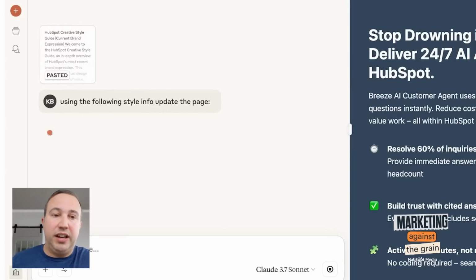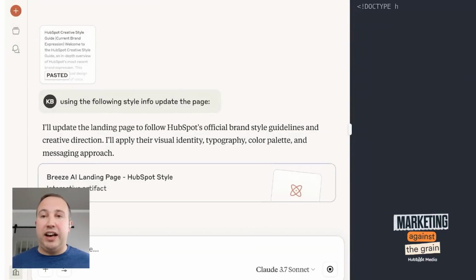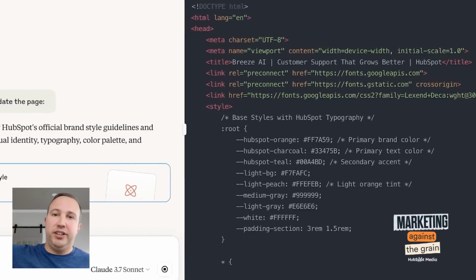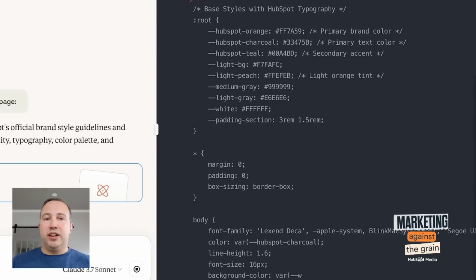And it's going to take all of the style info that, again, could be any company, because I didn't use any proprietary information from HubSpot. I did a deep research project to collect all of this. And now it's going to code a new page. And in a second, I'm going to show you what that new page looks like. I think it is probably going to do a better job. I wonder why. So you're actually doing the visual.